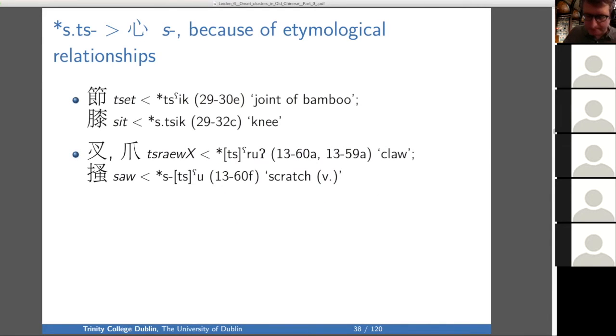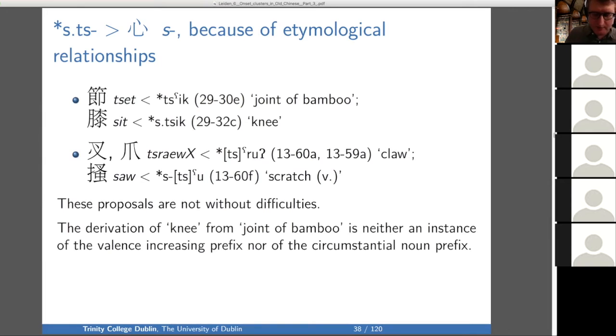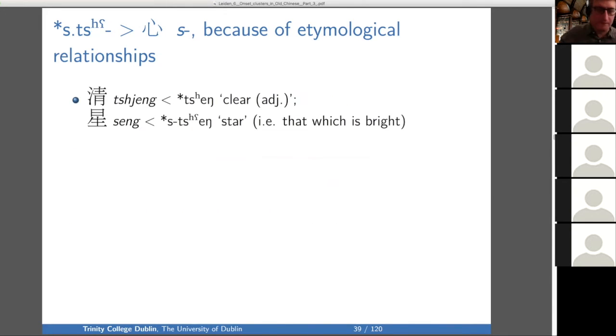And then the next one, claw, which is through, and then scratch has an S initial, and you scratch with claws. So this might be the valence increasing one. But these are not without difficulty. So ni is not an instance of valence increasing or circumstantial noun. And then they also mentioned that this R, it doesn't come up in scratch, the R medial. Okay, so now the aspirate version, we have clear,